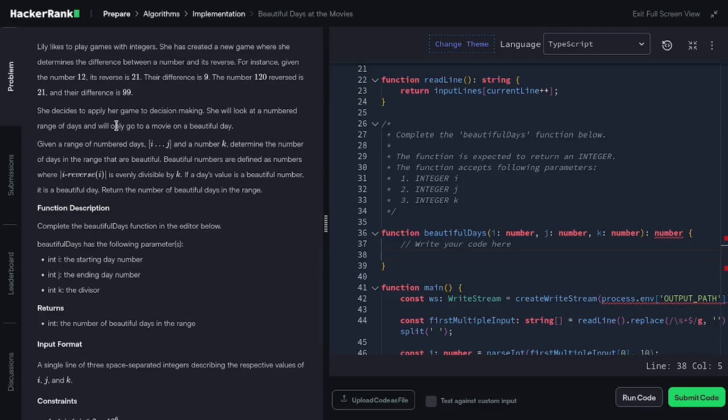And she decides to apply her game to decision making. She will look at a range of days and will only go to a movie on a beautiful day. Given a range of days from i to j and a number k, determine the number of days in the range that are beautiful. Beautiful numbers are defined as numbers where i minus the reverse of i is evenly divisible by k,